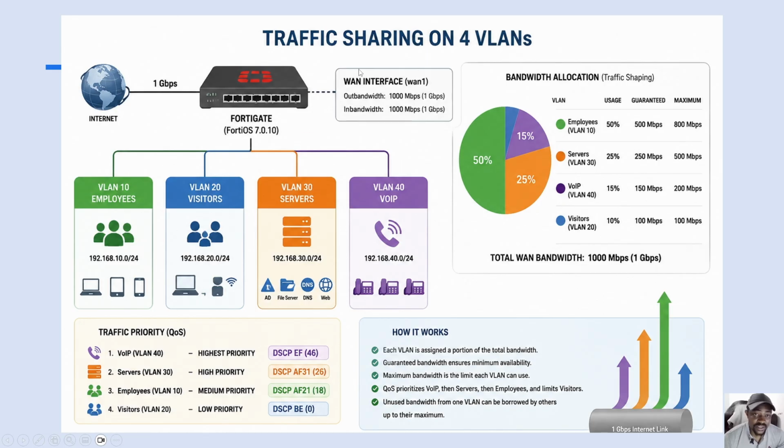So let's take, for example, our FortiGate device. Here we have four VLANs. Normally in a company where you have employees, servers, voice over IP and visitors, most of the time the VLAN that will produce more traffic on a day-to-day basis is going to be the employee VLAN, because the employees will be accessing multiple services on the internet. So in this image, we've decided that we'll be allocating 50% of the bandwidth to the employee VLAN. Secondly, we'll be giving